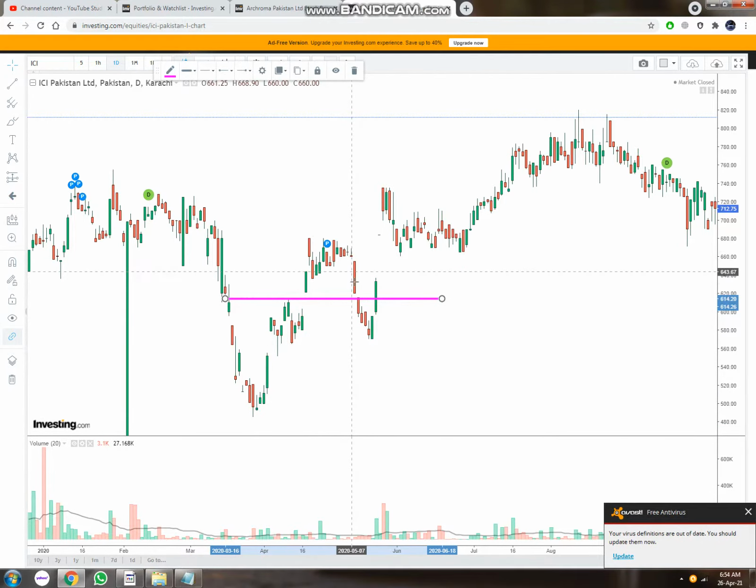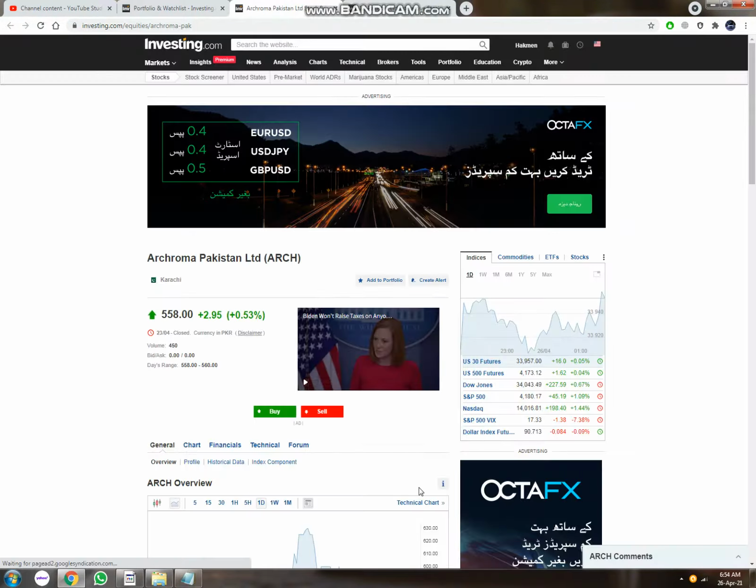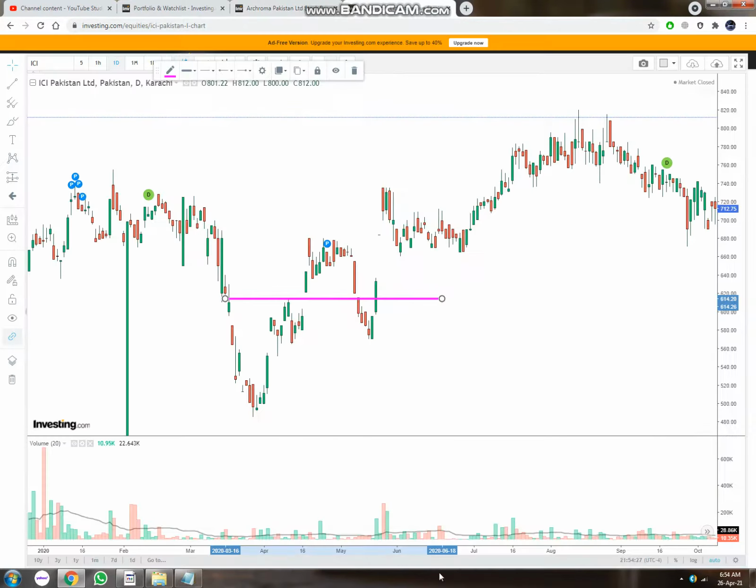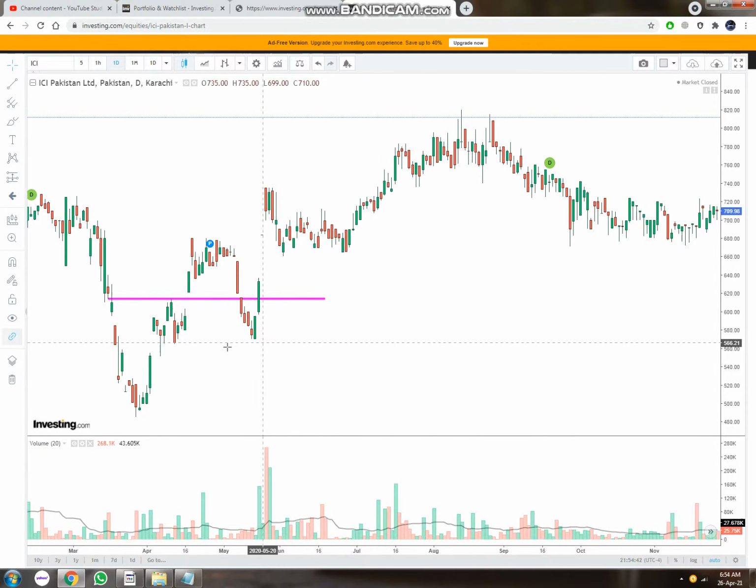As it breaks this trend line, I've closed my position, and you can see I've gained this much profit out of it. I knew that it came back down, broke this trend line, so I've closed at this point. So this is how you use trailing stops.